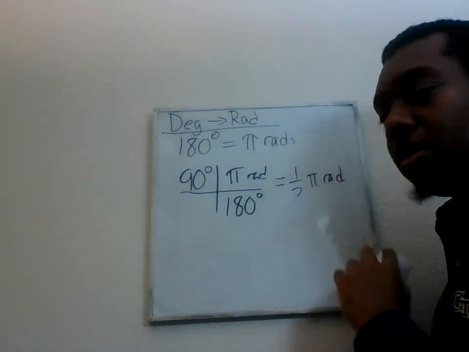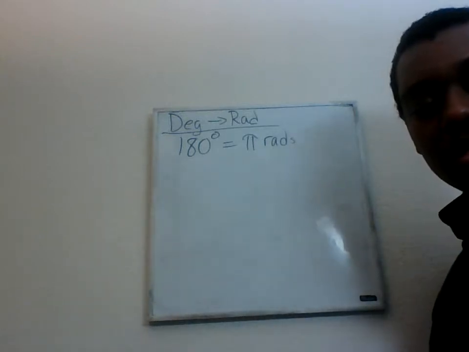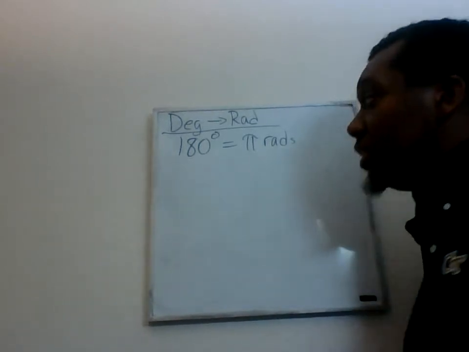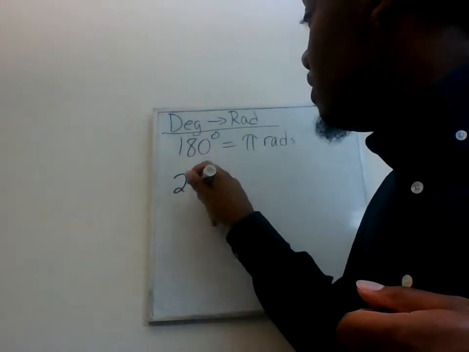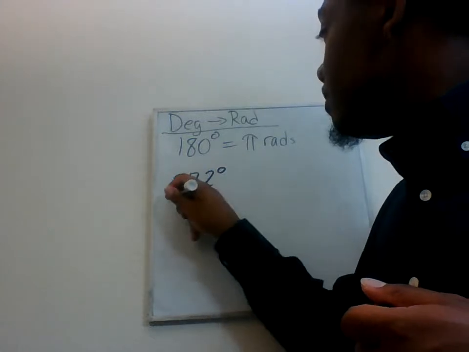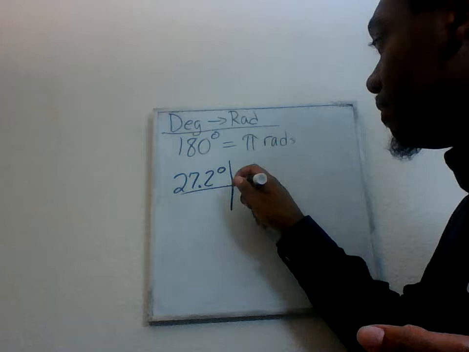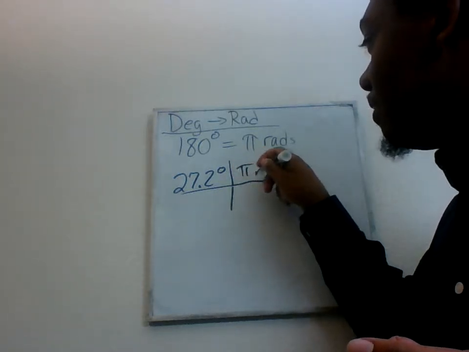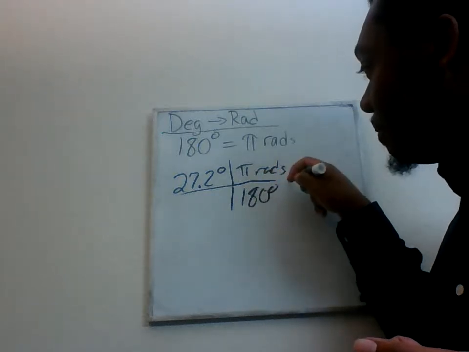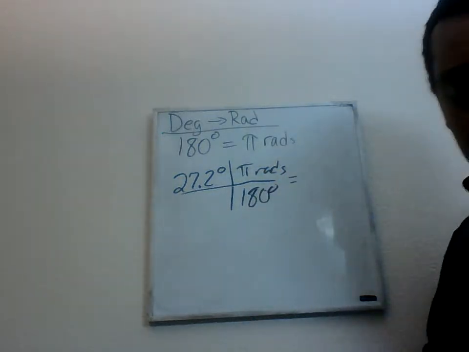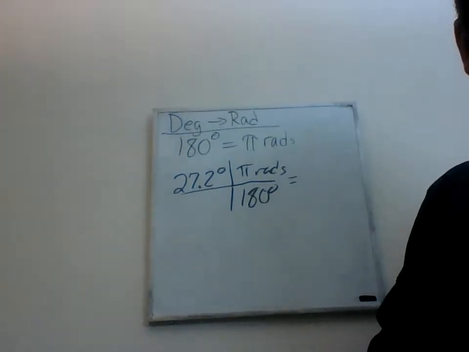Actually, let's look at one more example. So what if I gave you something a little more abstract, say something that didn't seem as easy. Well, let's say I gave you 27.2 degrees, and I need to convert that. Well, 27.2 degrees, we're still going to do the same conversion factor. So we still have pi radians we're multiplying by, and we still have 180 degrees we're dividing by. And so when I do that, I end up with 27.2 divided by 180